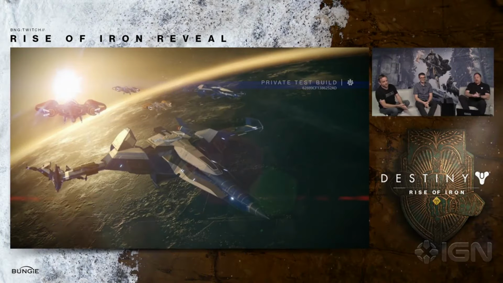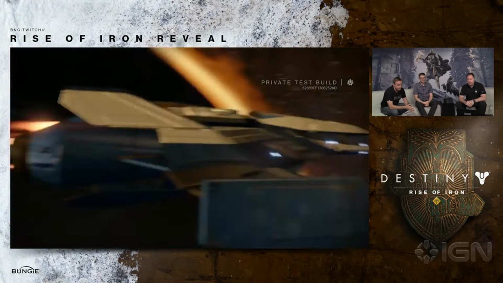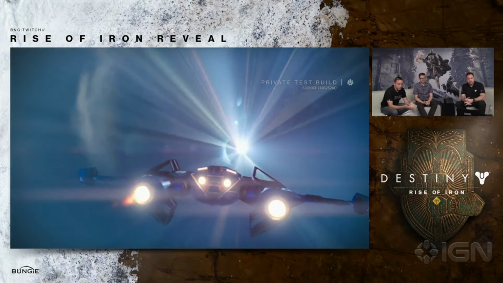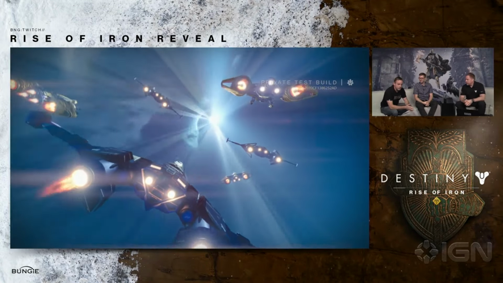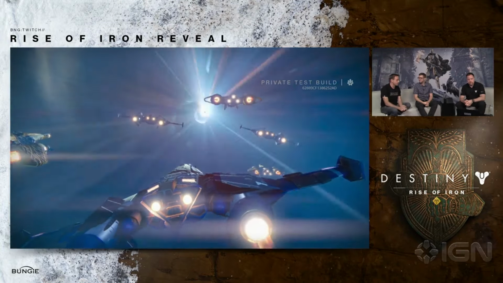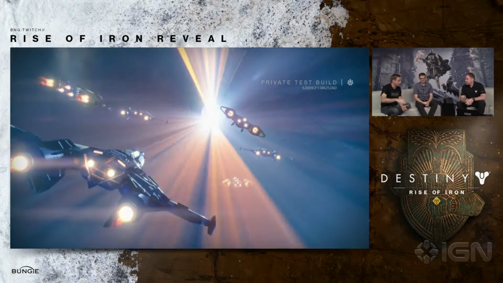So as they take off here and make their way down to the destination, Steve Cotton, talk to us about the world that we're going to visit. Yeah, so this is Floating Gardens, one of the new maps in Rise of Iron. It's a Vex map on Venus, but it actually has a really interesting history. Way back in the days of Destiny 1, when we were first making Destiny